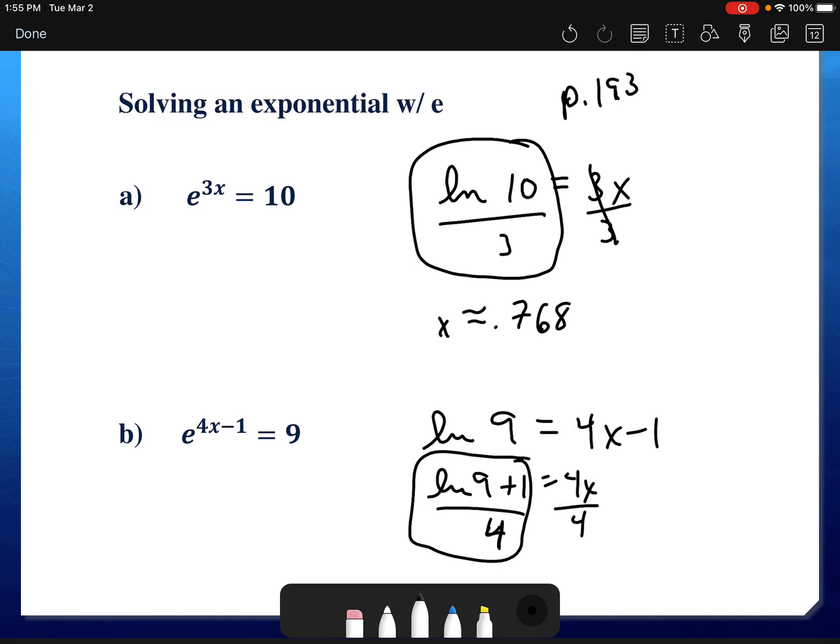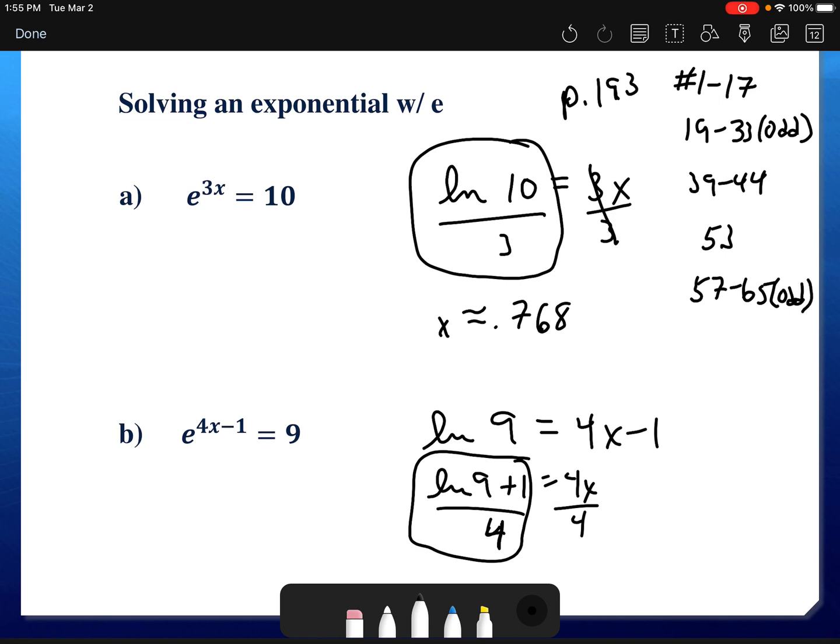And again, this is on your assignment in your modules. 1 through 17, then 19 through 33 odd. Only do the odds, 19 through 33. 39 through 44. 53. And 57 through 65 odd. It's a lot of fun. I think you'll enjoy